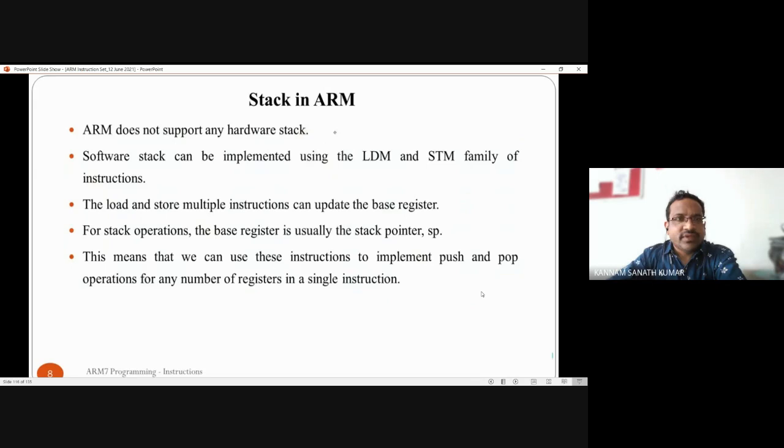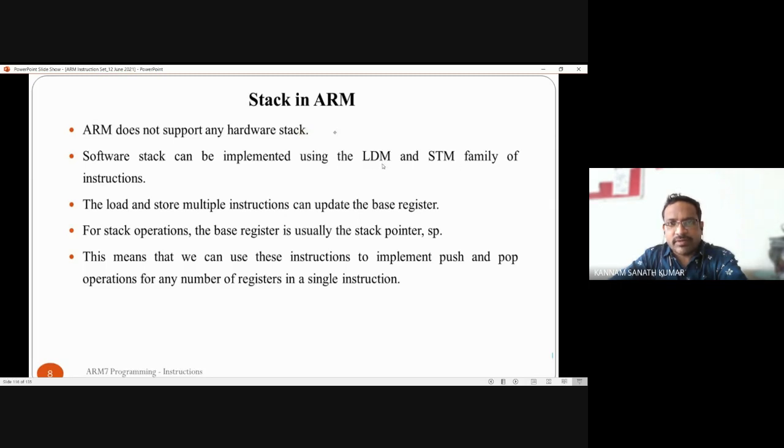So as I told you, ARM does not support any hardware stack. That means there is no inbuilt stack in the ARM. If you consider some controllers, you have the inbuilt stack over there, but ARM doesn't have it. So we can implement the stack operation by using software means, using the instructions LDM, load multiple, and STM, store multiple.